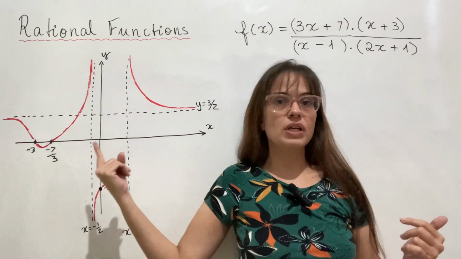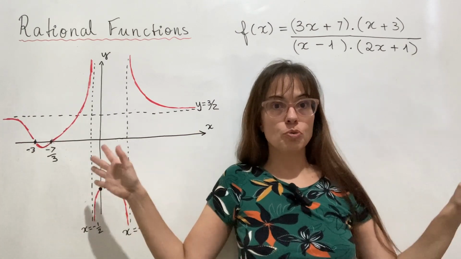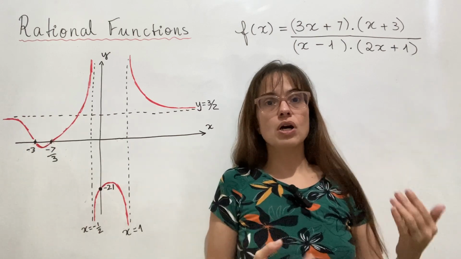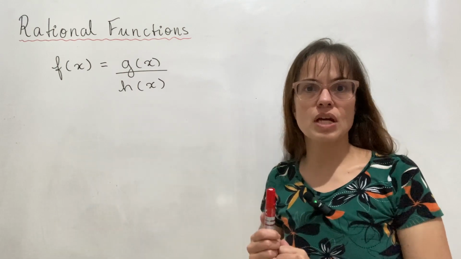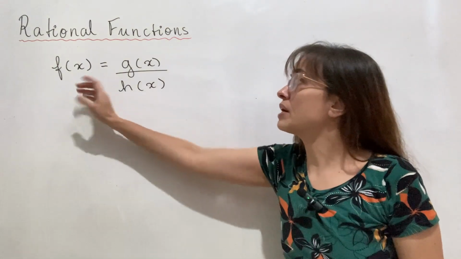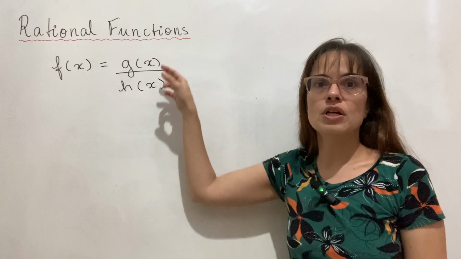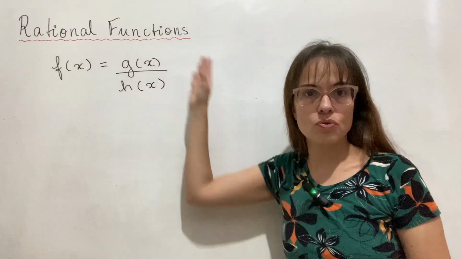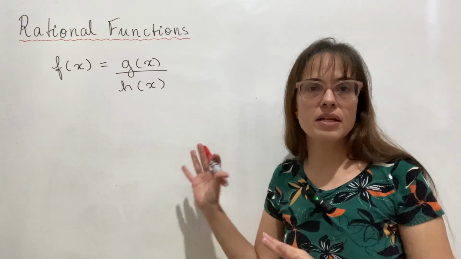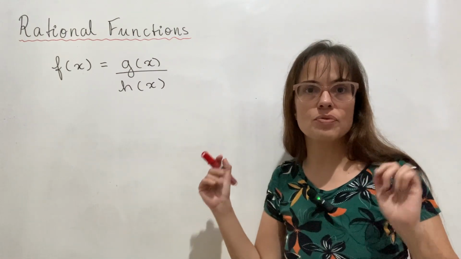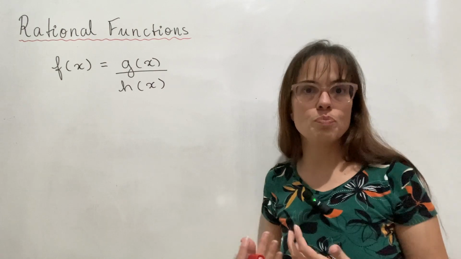But that's not the only kind of behavior that could be happening on both sides. So there are a couple of different scenarios. The general case for this type of function is that we have f of x, which is a fraction, g of x over h of x, two functions that have to be polynomials. The different cases that can appear are going to refer to how the degrees of those two polynomials relate